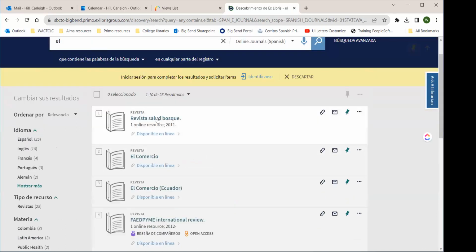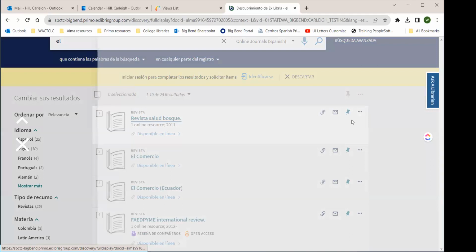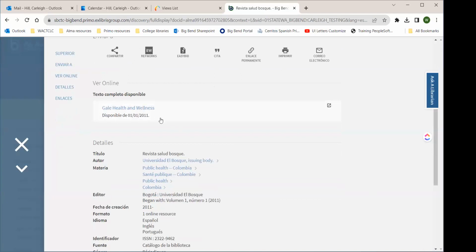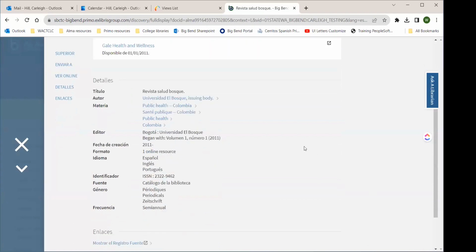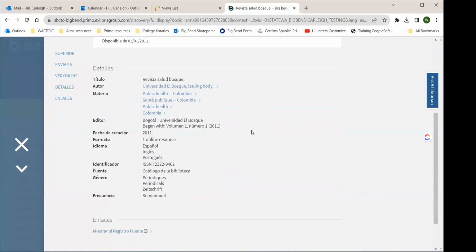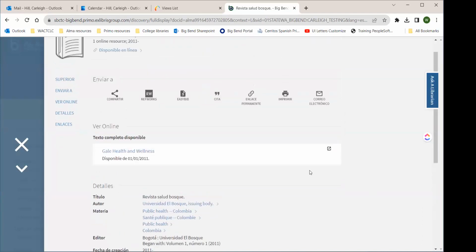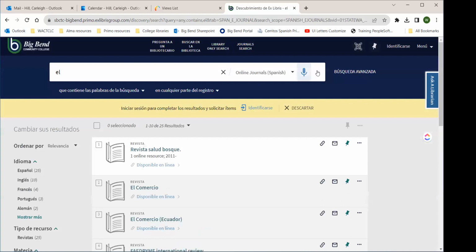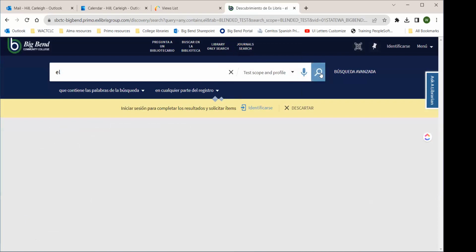And if we click on this, we see where it's available, what its availability range is, the languages that it's available in, the subject areas, and students are getting the entire results list in Spanish, with the exception of these trademarked names. So pretty cool. If we go back to the test scope and profile,